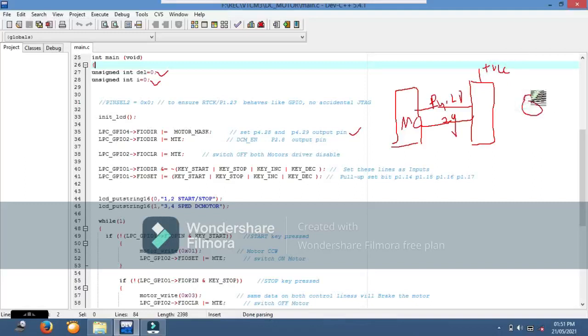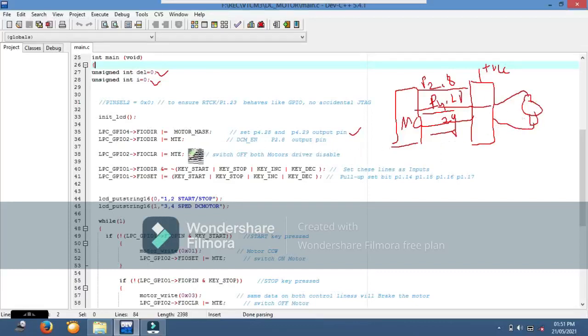The enable pin is also connected to the microcontroller, at P2.8. When you enable the motor, only then will the signal given to pins 28 and 29 pass to the motor with high power from the driver. We use the driver to supply high power for the DC motor.